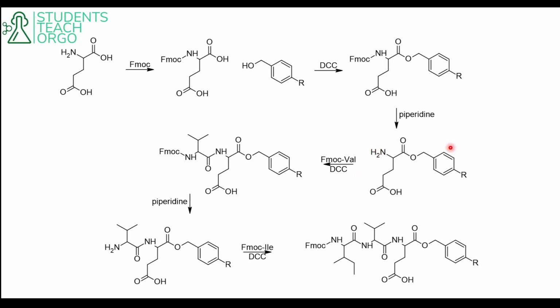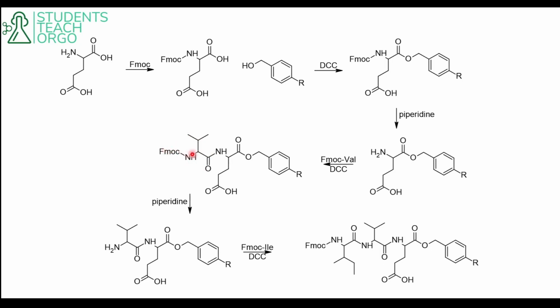Again, we're doing the solid phase peptide synthesis. We have to use the FMOC amino acid derivative. So we react this with FMOC valine, and we have to facilitate peptide bond formation with the coupling agent DCC. And so we go ahead and do that, and we get this. This is our next intermediate. And then again, we still have one more amino acid to add. So we need to make this end, the N-terminus,